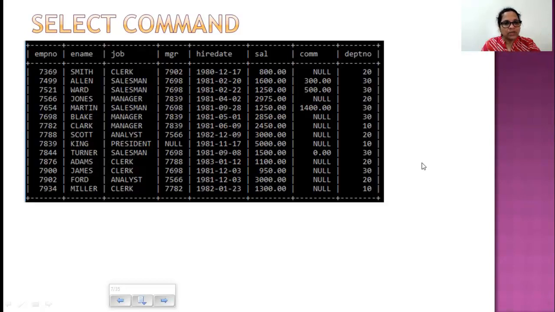And in one row, can you see president? MGR is null because he doesn't have a boss. He is the boss. So his MGR column is null. Now, you might think, in an examination, are you really supposed to know what each of those columns mean? Normally, each of these columns is self-explanatory.